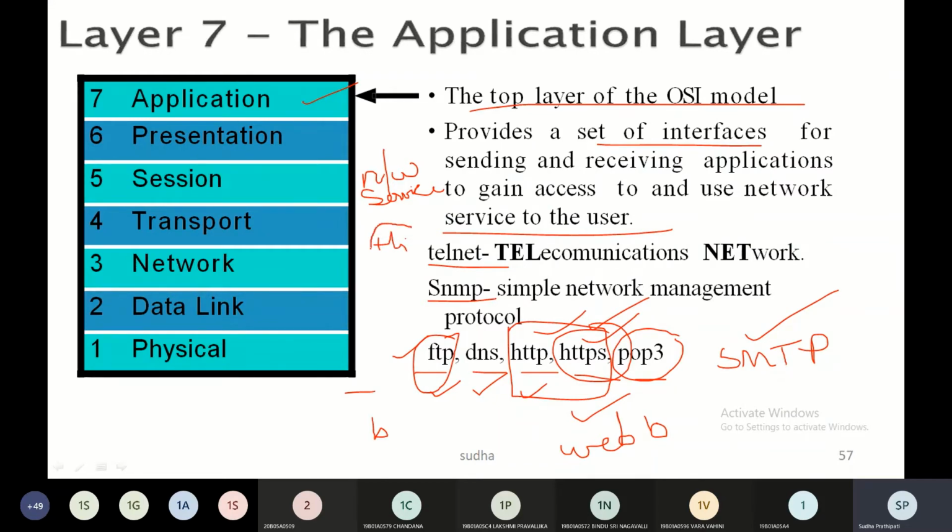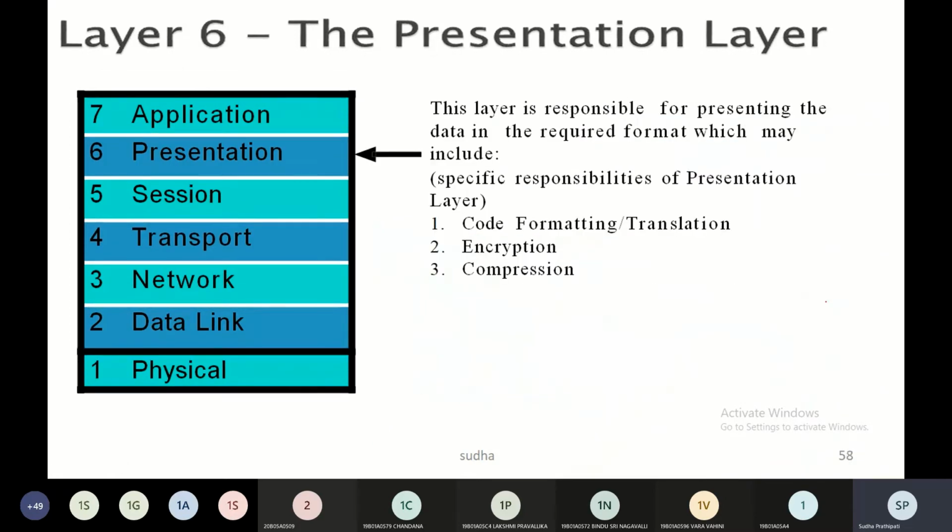This data is taken from the application layer, and now it enters the presentation layer, with the specific headers that are added by the application layer. I already showed you that encapsulation and decapsulation happens at each and every layer. So the application layer will transfer the data to the presentation layer.